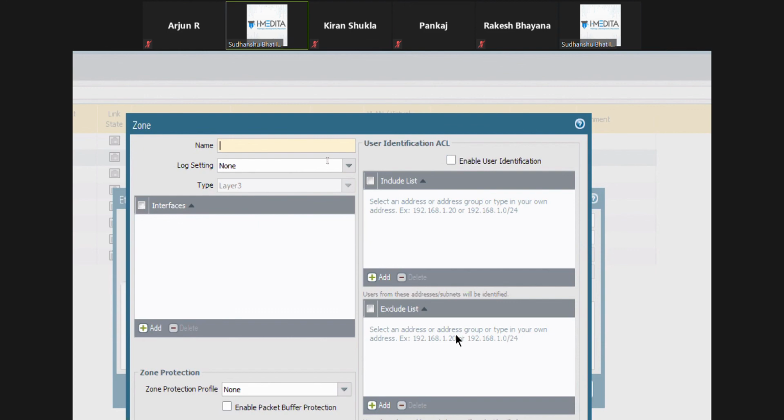It's not necessary to name it even inside. You can name it under, bahar, doesn't matter. It's not necessary to have inside, outside. Nothing is allowed by default between two zones.